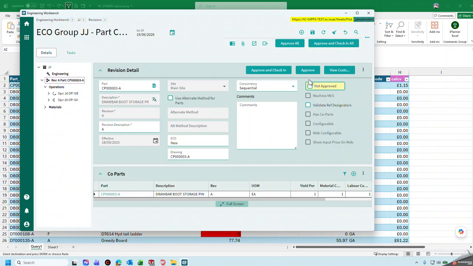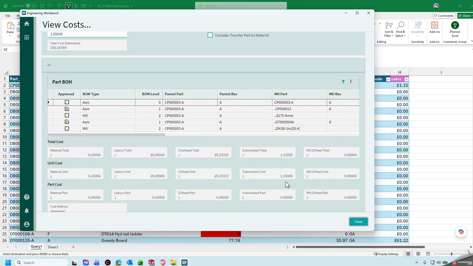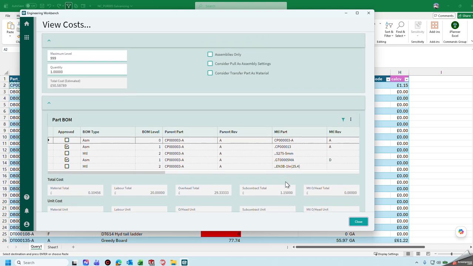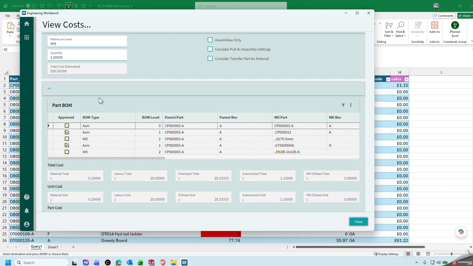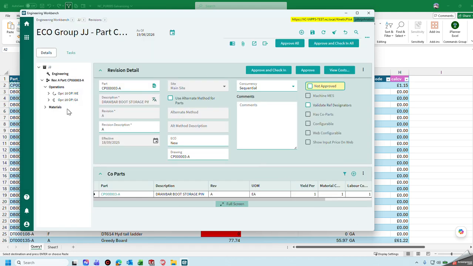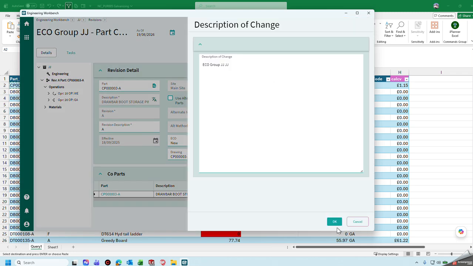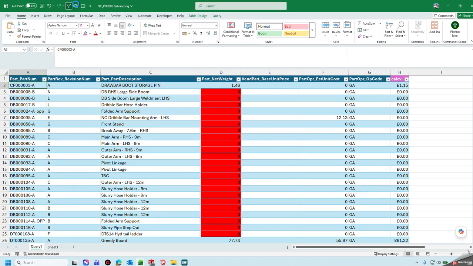And if I click here and go view costs, you'll now see that there's £1.15 added on to the calculated manufactured cost for that assembly. So far, coincidentally, that part's costing us £50.58 to make. So close that, and then we can check that part in. Now you wouldn't do it, but we're going to click refresh here. So you'll see now that the engineering cost has come through onto the thing, but the last portion here is vendor price. So if we take this and